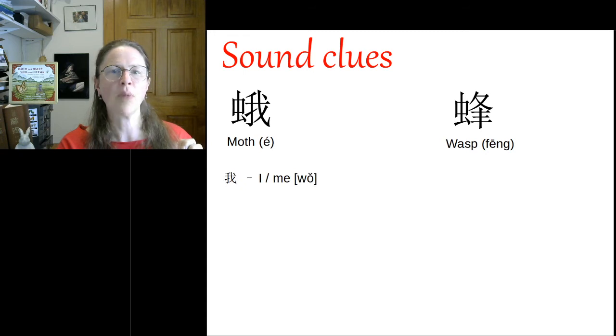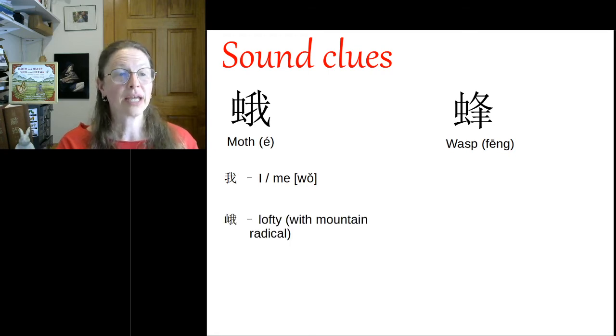for example, for moth. So if you look at the very commonly used character for I or me, it looks the same as the right portion of the character for moth, and it's pronounced not exactly the same, but a little bit similar, wo, and moth is pronounced